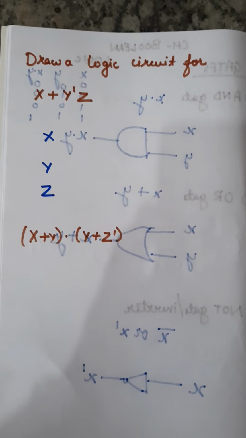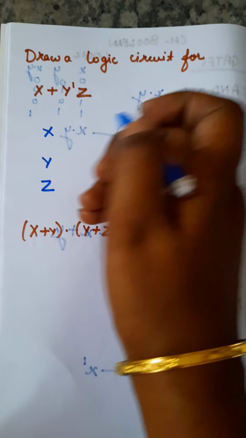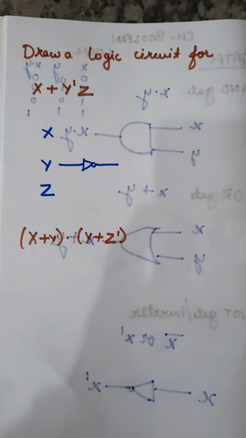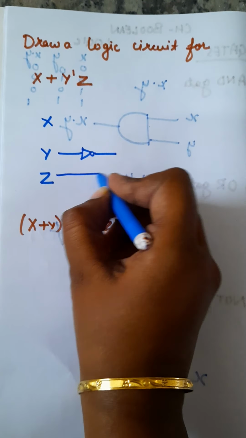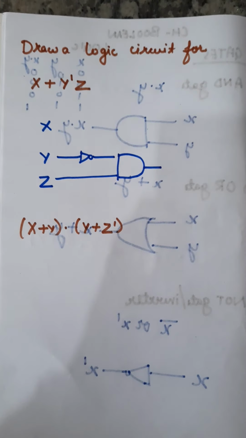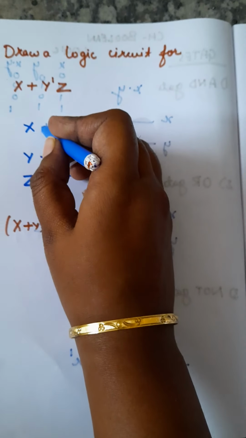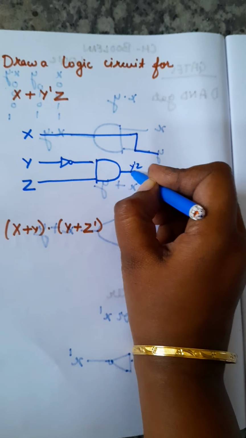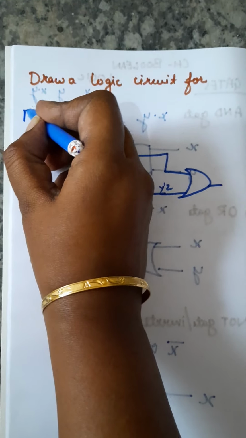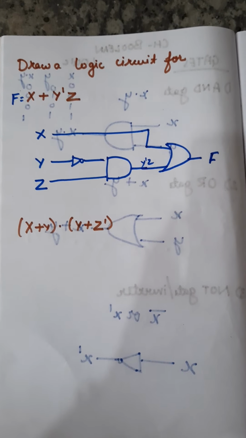Then, as we do in expressions with the help of BODMAS, we take the smallest thing first, that is the complement. So we'll make a y complement, because we require y complement. Then we multiply this y complement with z, so we put an AND gate and we get y dash z. Now this y dash z that we got here, we have to add with x. So we'll bring a wire from x and put them through the OR gate, and finally we get this expression. If this expression equals f, we get x plus y dash z.